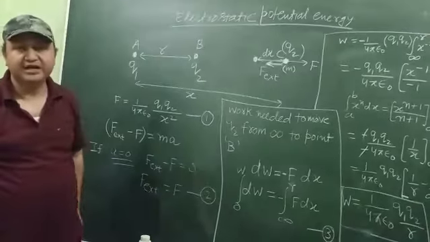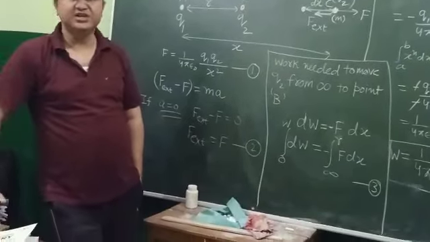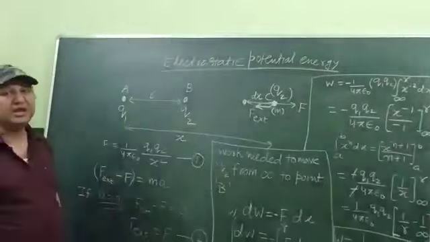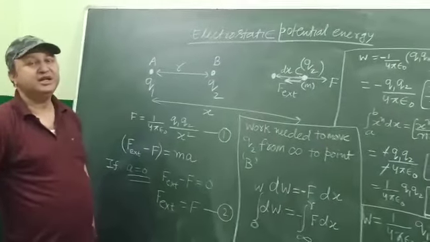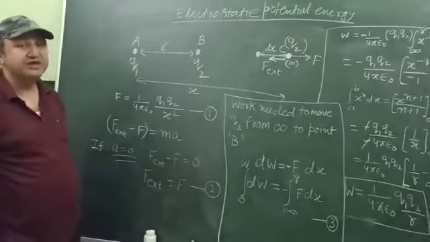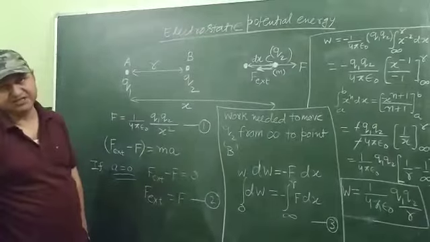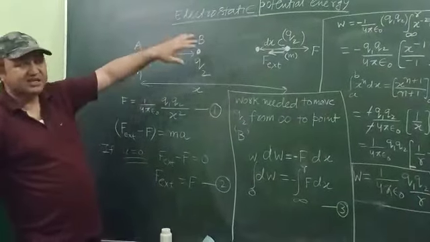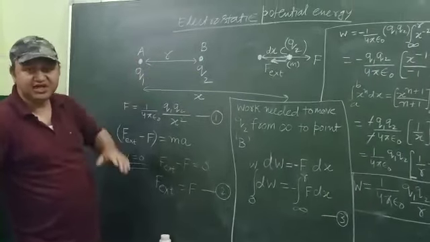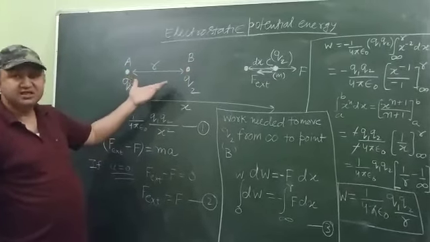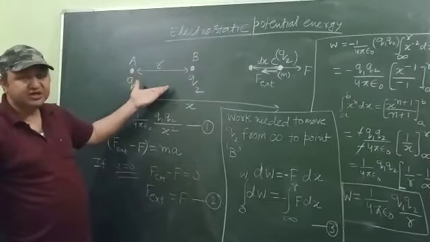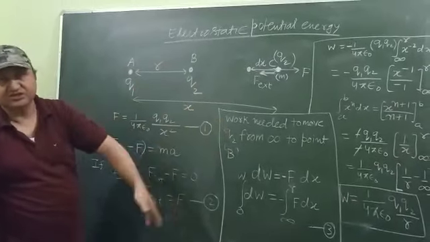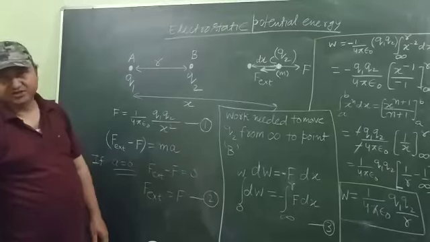Another definition, it can also be defined as the energy required to make a system of charges by bringing them from infinity to a position in which they can interact with each other. So initially both the charges were infinitely separated, right now they are at a separation r, and to make this system come in this configuration, we need to spend this much energy, and that energy is called potential energy.